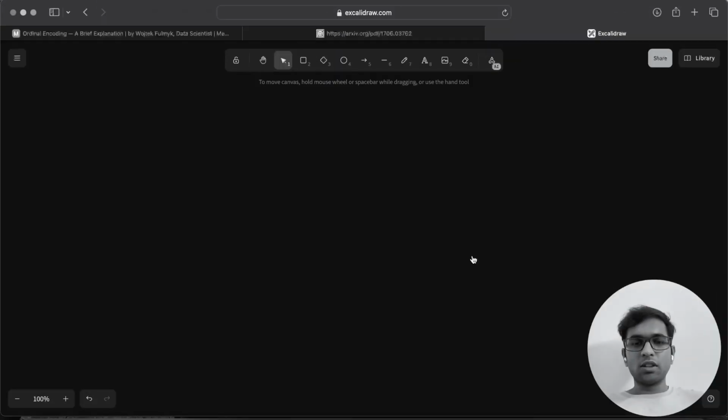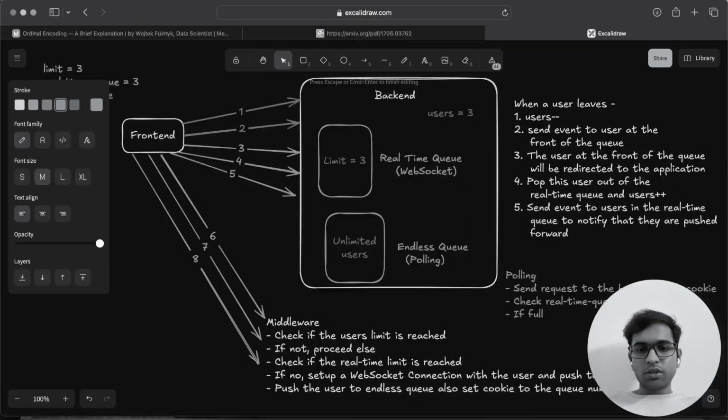And as soon as the tickets were released, the website went haywire and the application had crashed. People weren't able to log in. So check real-time queue size. Once we check the real-time queue size, if it is full, then